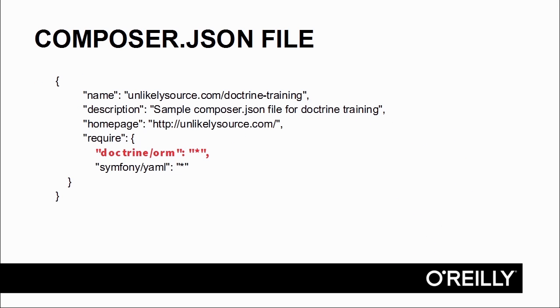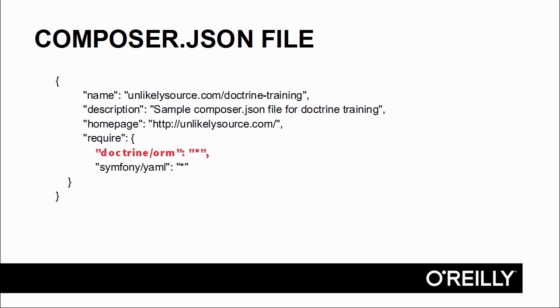Composer uses what's called a composer.json file. As the name implies, the syntax of the file is in JSON format. There are various parameters which can be assigned values in the composer.json file. The parameter that we are primarily interested in is the require parameter. As part of require, you need to indicate